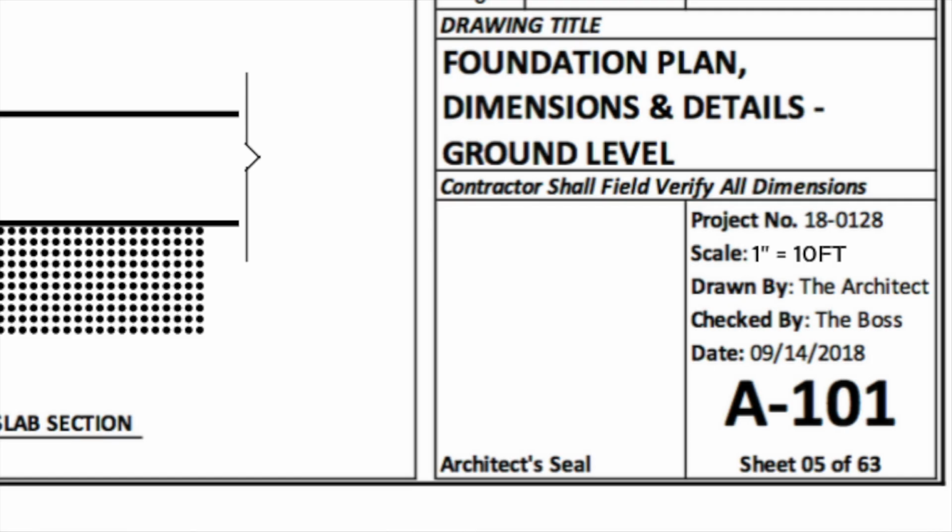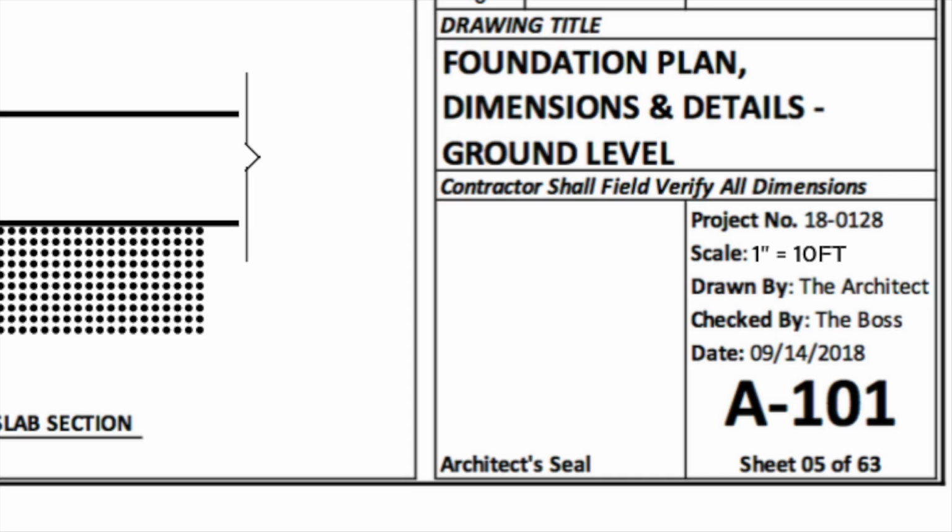Now, below this revision log is the drawing title. In this instance, drawing A101 is known as the foundation plan, dimensions, and details. At the ground level, had these drawings been produced by an actual architect and filed with the Department of Buildings, you'd be able to see their official seal in this blank box. The same can be said if this drawing was produced by an engineer, where you would find their professional engineer stamp. As far as the architect goes, producing this set of plans for the Cardanza family was project number